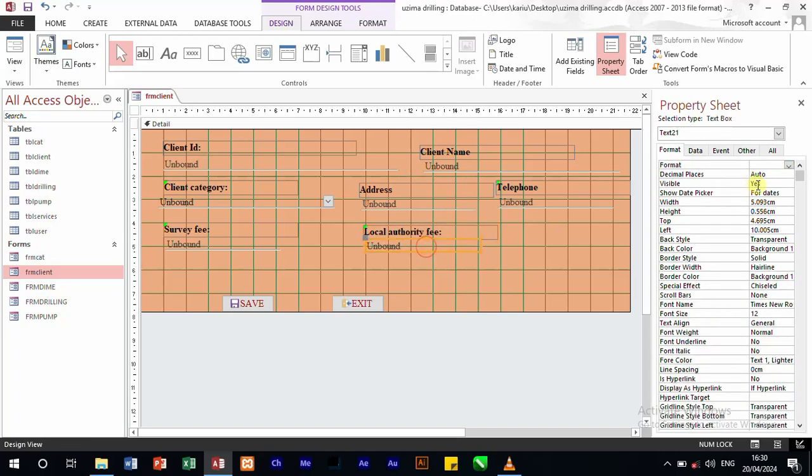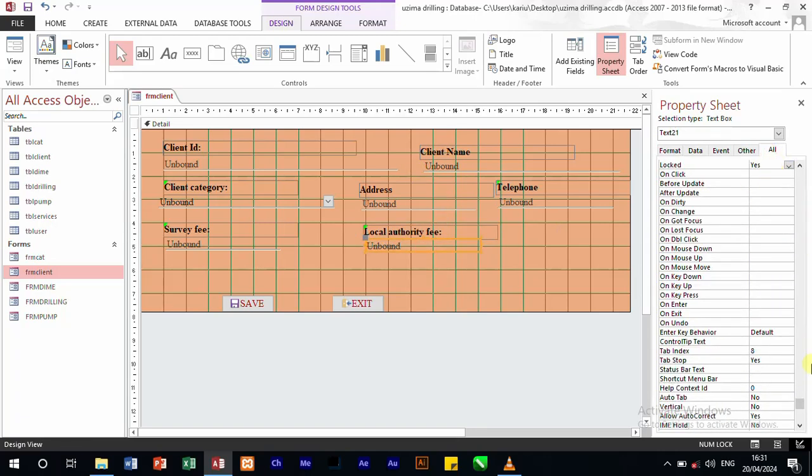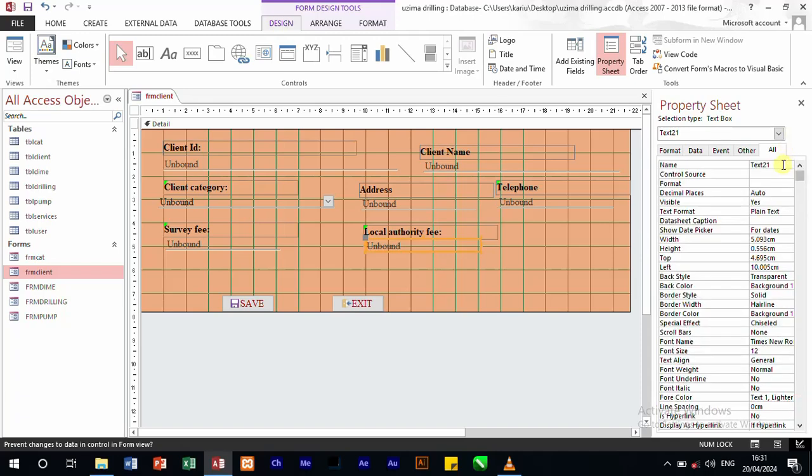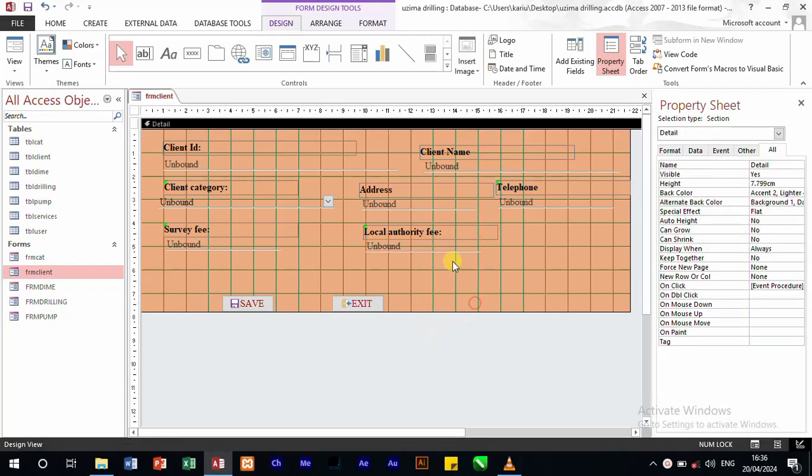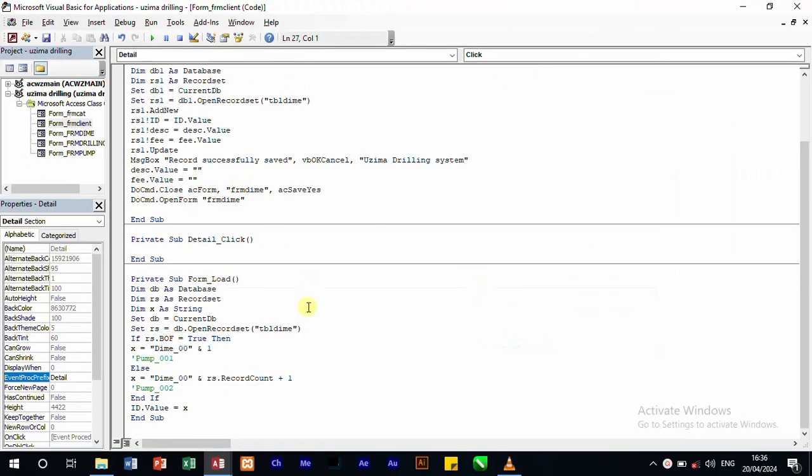This one you're going to call it local authority. So let's continue. So we are creating a local authority text box, and we are done with that one. So from there we can start coding. So you go to the before event, so we start with the form, and this table you're going to change to, like we